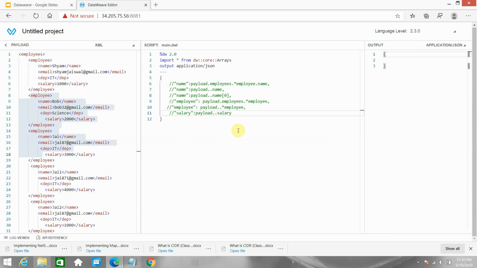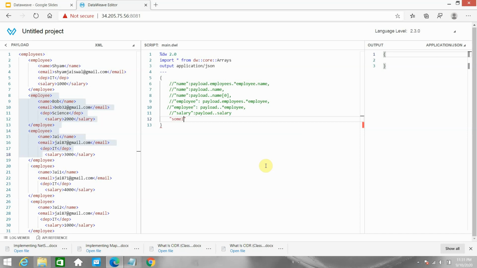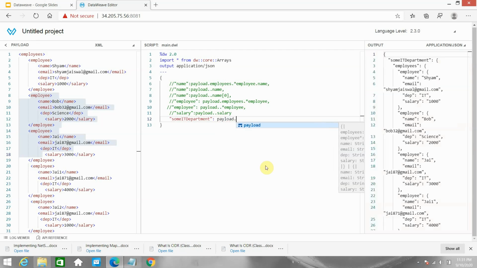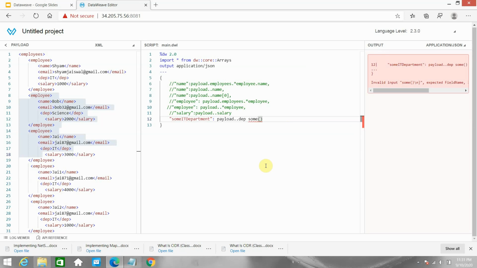I say payload dot dot department, which accesses the department, but I want to know if at least one employee has department IT. So I can use the sum operator, and in it simply write dollar is equal to IT. It will return true.